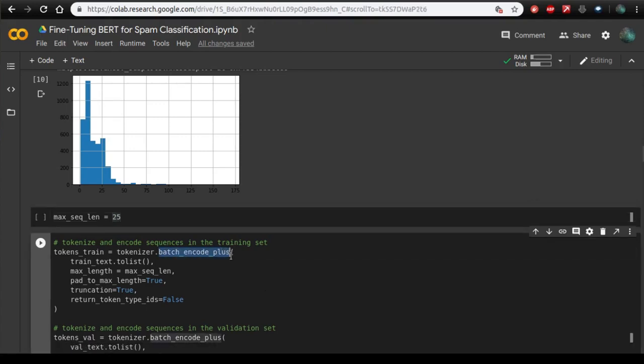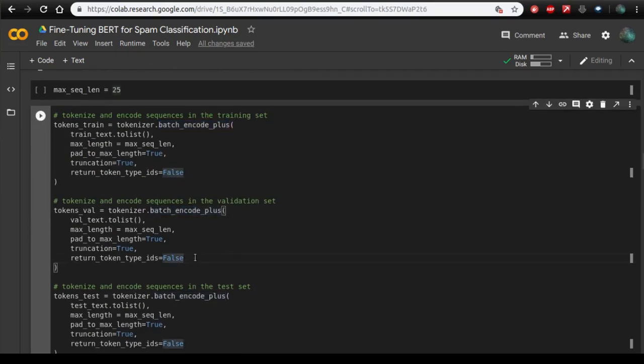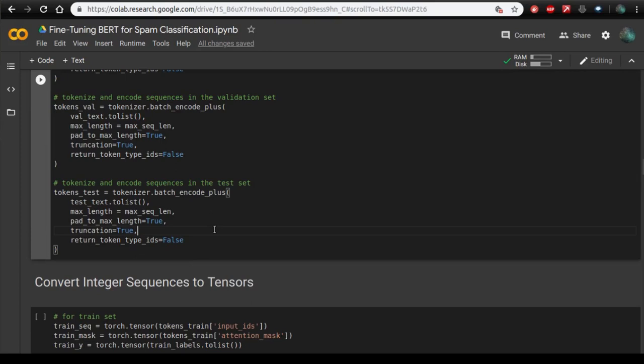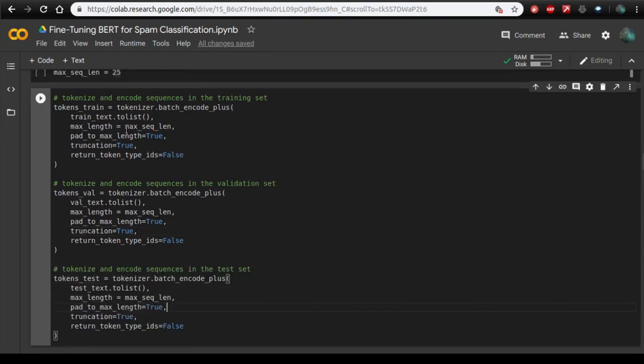Over here I am using batch encode plus again to encode the sequences in the train set, validation set and the test set. And you can see that I have set the max length parameter equal to the maximum sequence length, which is nothing but 25, and I have also set pad to max length parameter to true.